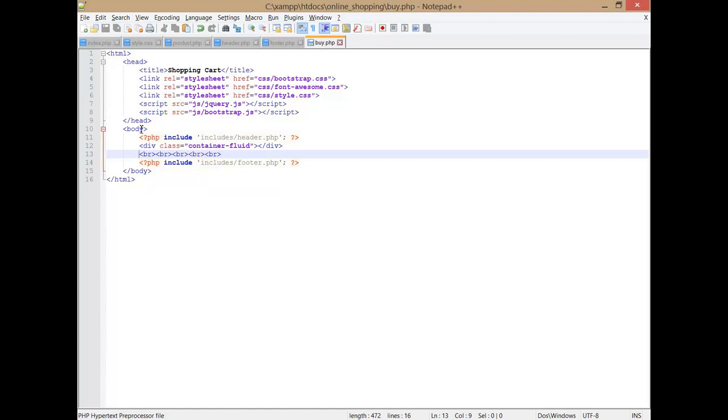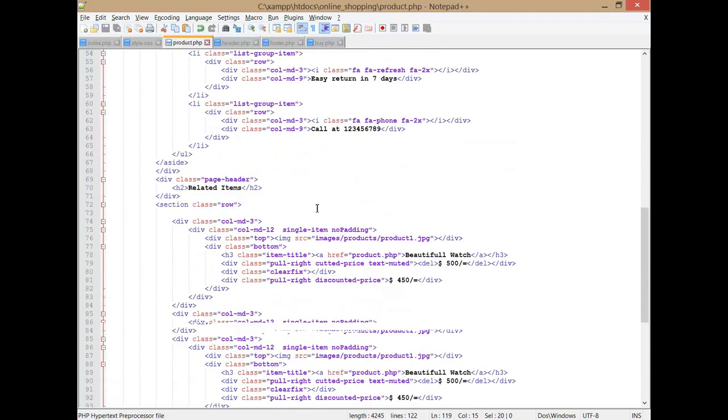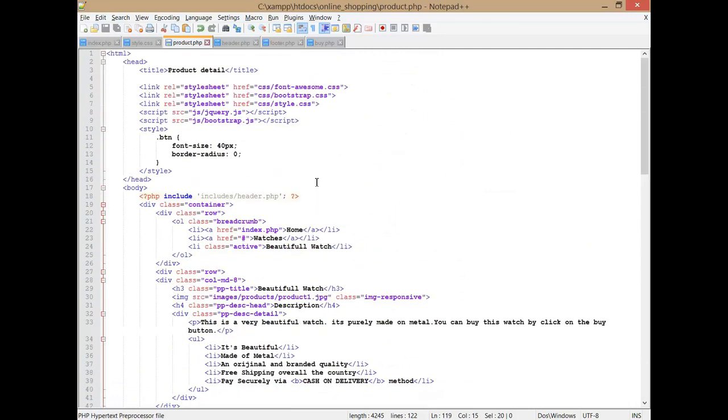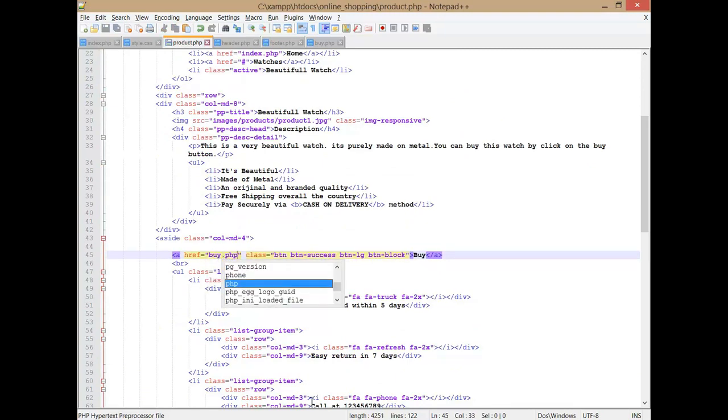Now we just need to do the other things, and what we actually have to design is this container fluid area. Now I think that I should check out this buy.php page which I've just made. So I'm just going to the product.php, and here is the button, the buy button. So I'm just adding the link of that buy.php button link here, and I'm just going to the browser and